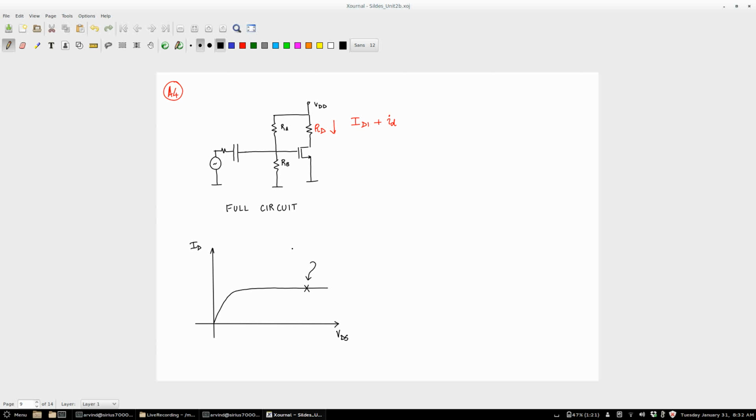You remember we started off by looking at the characteristic. I said this was VDS, this was your ID, correct? And I biased the circuit here, and I said this corresponds to some ID1, VDS1. So that is your bias point. Don't worry about what ID1 is. I have chosen that ID1, and then you have this small id, which is the incremental quantity. So can you point out any problem here?